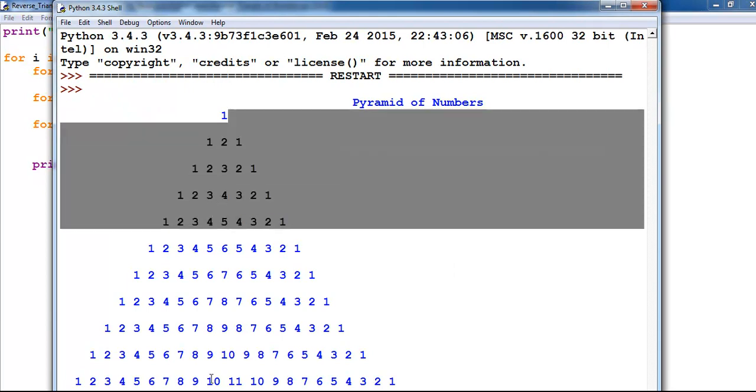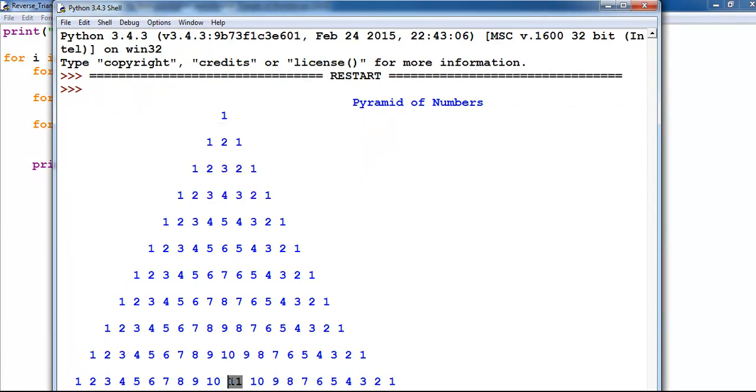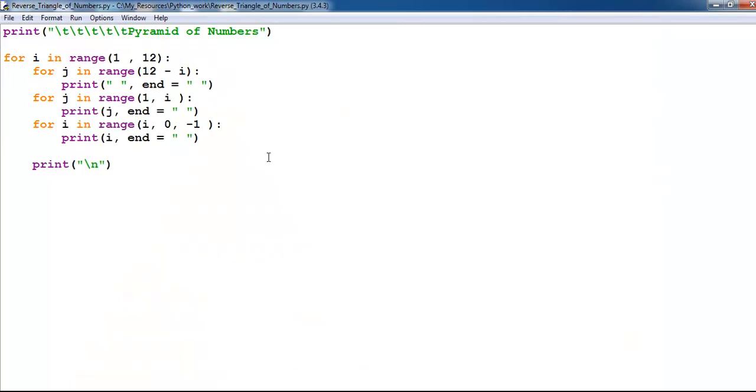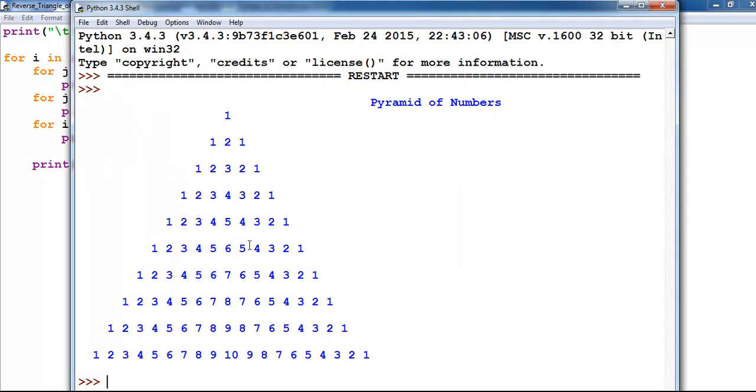But it seems to be, because of my loop, it's not that consistent. I must have it up to 12. Let me just take that to about 10 and see what will happen. To about 11, which means 1 to 10. So let me run it now, and there, that's it. You see 1 2 3 4 5 6 7 8 9 10. So that's how you develop